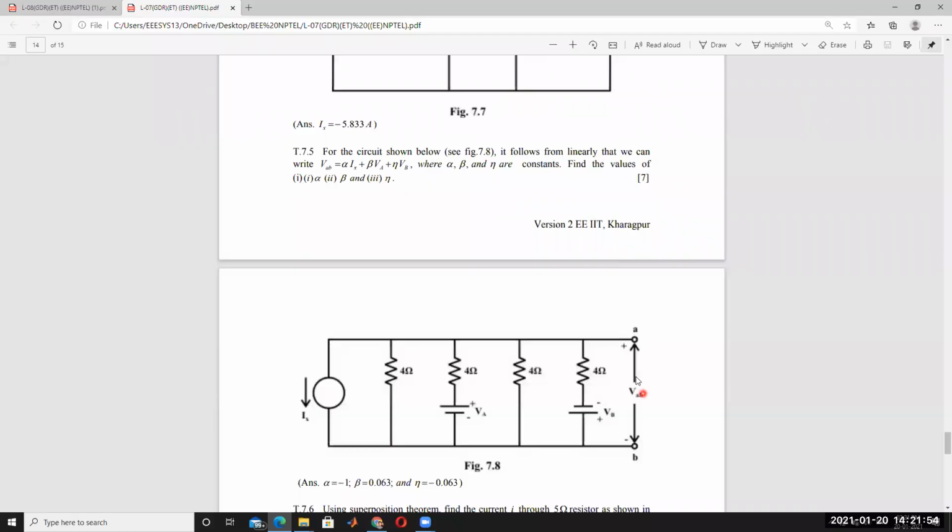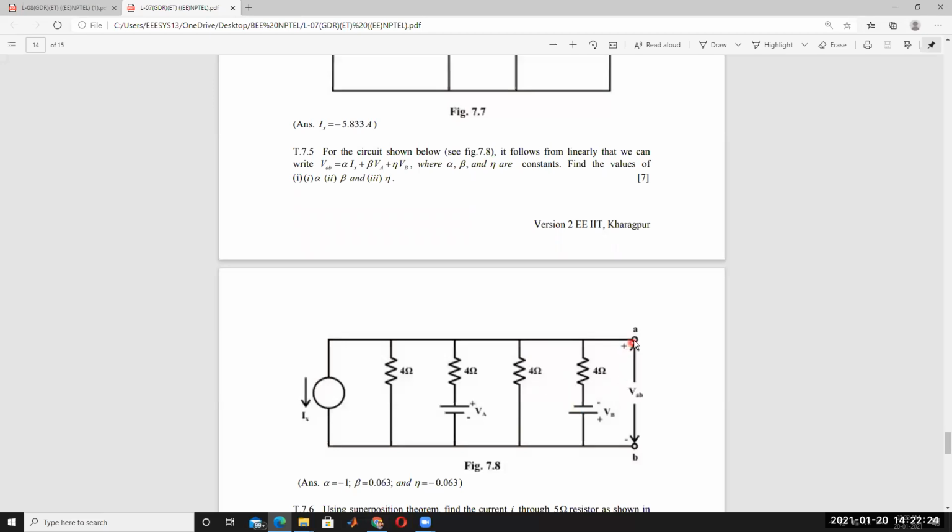By using nodal analysis. So here VAB, no? Here A, here B. Here high potential, here low potential. That's why here VAB, here also VAB, here also VAB, here also VAB. This is called one node. This is called the reference node, zero potential. This is called high potential. All the branches are connected like in parallel. Am I right or not? All the branches are connected like in parallel.